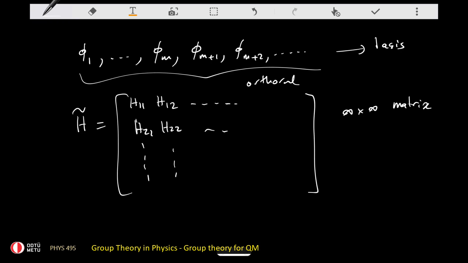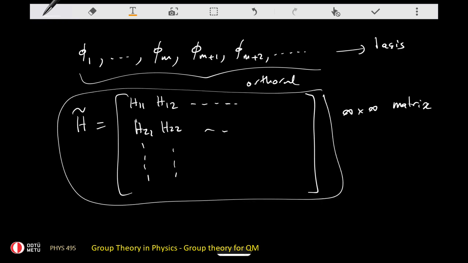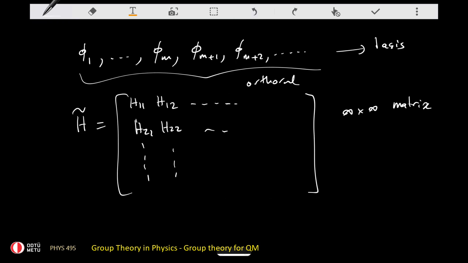Sorry about that. Let me think about it. So this H tilde, of course, is somehow equivalent, as an operator, to the differential operator H. Therefore, this differential operator and this H tilde have the same eigenvalues. When I say that this differential operator, the Hamiltonian operator, is an infinite by infinite matrix, that's essentially